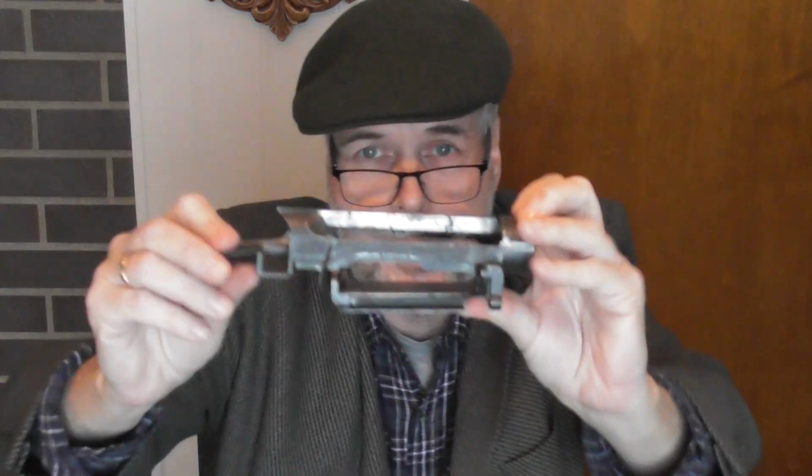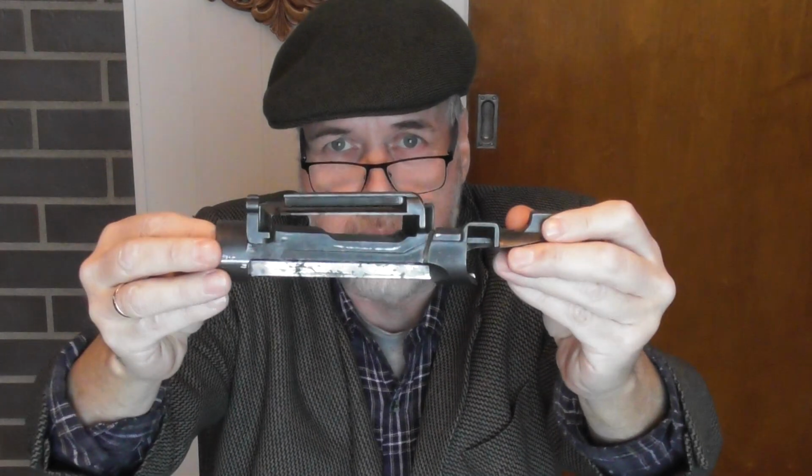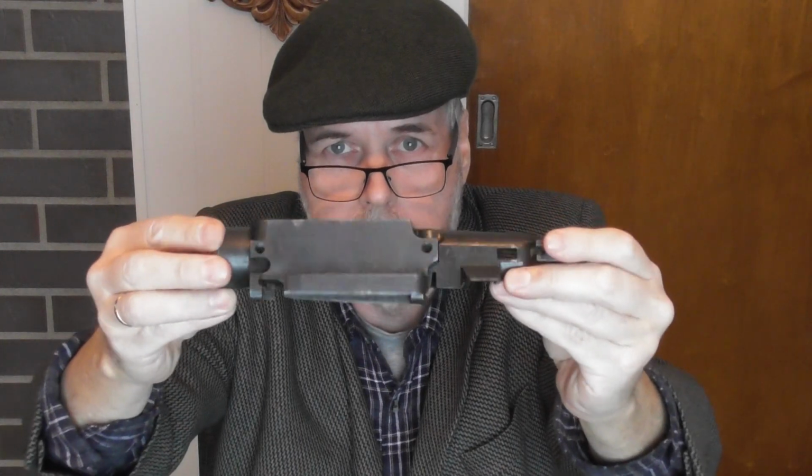So this is what the receiver on a Krag rifle looks like. There's a lot of work that goes into one of these, a lot of milling. I don't even dare think what it would cost to make something like that nowadays. But one of the things you have to think about when putting a scope on the Krag is that